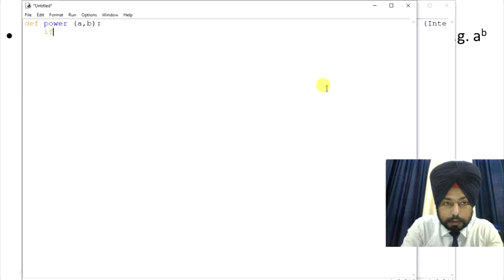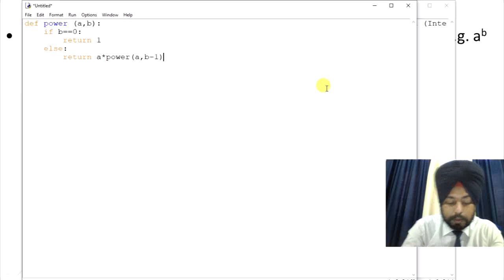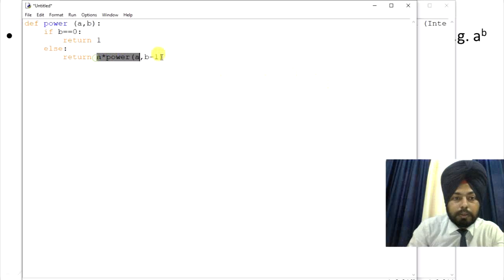If b equals 0, then it will return 1, else it will return a multiplied by power a comma b minus 1. Actually we have to return these values.